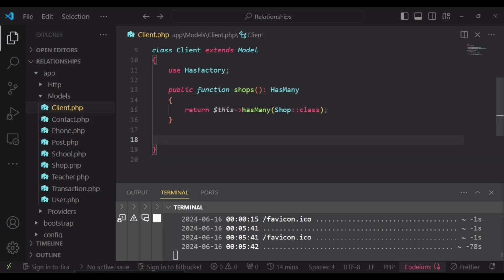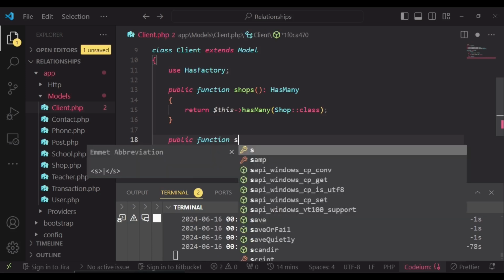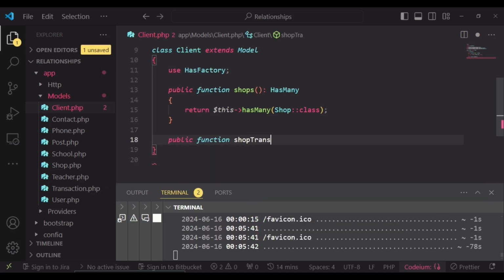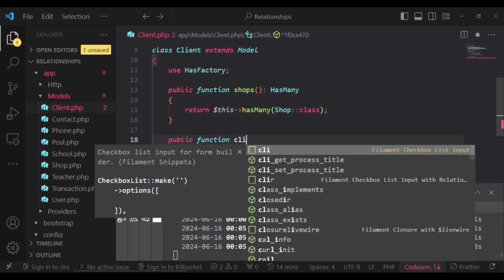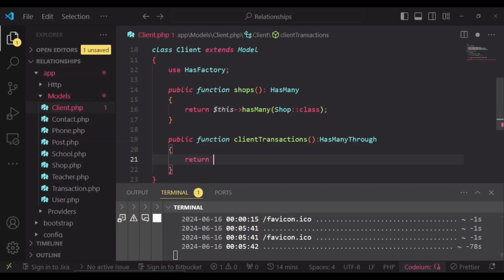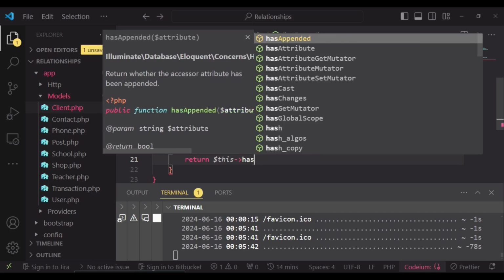And what I'm going to have is a public function. Maybe we can call it a name. Maybe we can say shop transactions or client transactions. Maybe that is a better term. Client transactions, like that. And then the return type is has many through, that one. After that, inside here, we will have return this has